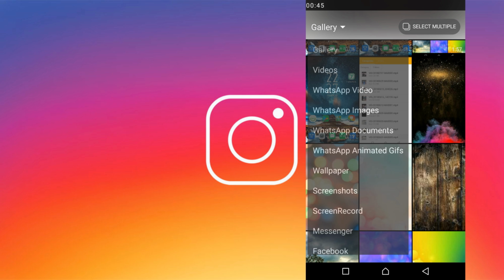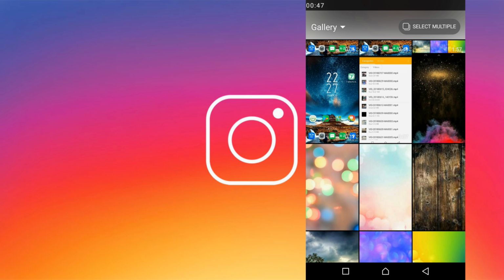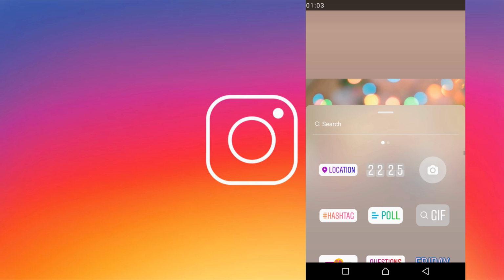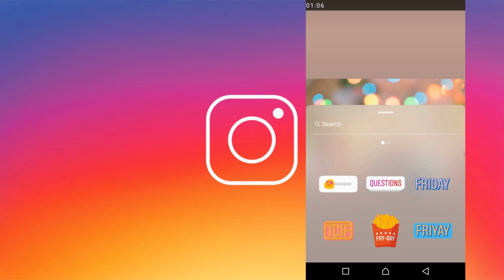So just go and select any one, and here you have to select the background image. You can select a video as well as an image. So I will just go and select this image. Once you have selected an image, what you can do is just go and tap on this photo icon on the top, the third one. So just go and tap on this photo icon, and here just scroll down below